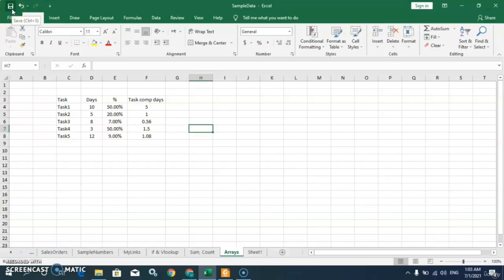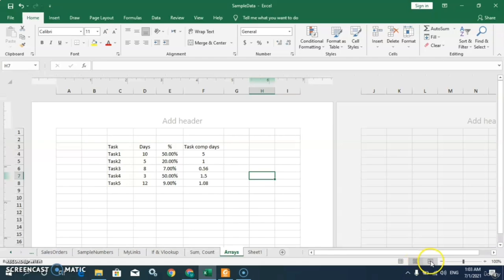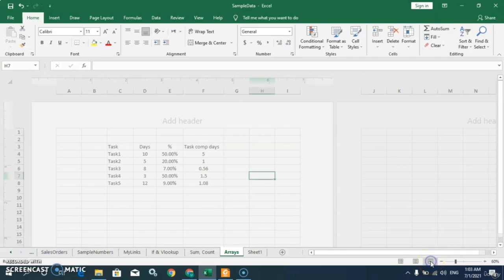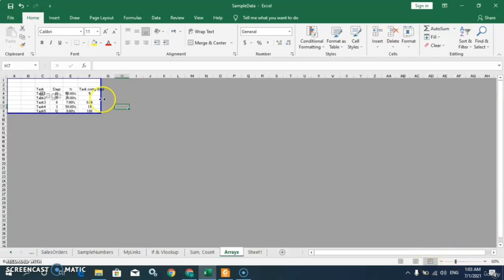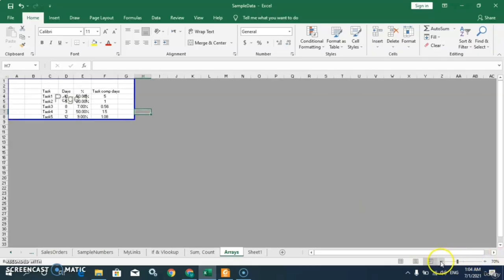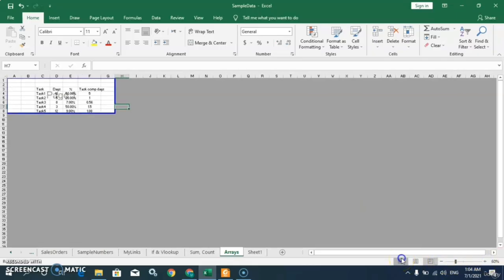Then this is the save button. By using this option or with shortcut key Ctrl+S, you can save the Excel worksheet. These are the different view options. This is normal view, this is page layout, and you can see here this is page break preview. This will show you about your print, that what is going to appear in your print. Then here we have zoom bar. We can zoom in or zoom out. Coming back to the normal view,